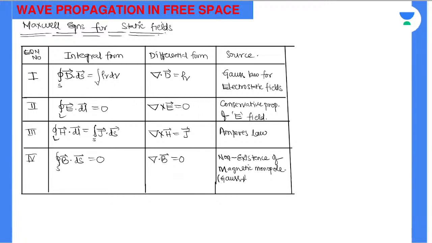Also called Gauss law for magnetostatic fields. So these are Maxwell equations for static fields. Clear? Now,